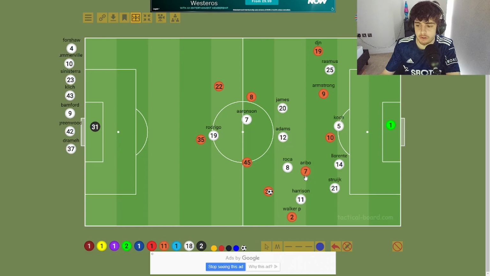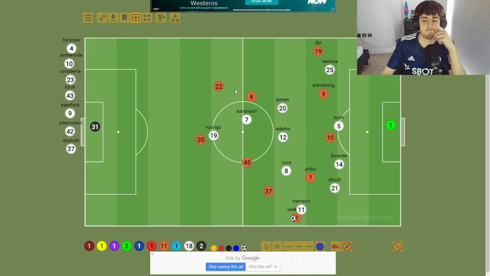So for me, what they were trying to do: Aribo was just sitting in here, linking with Walker Peters, because they give him the ball. Walker Peters is a one-on-one. Maybe there was less press on the left side. At this side, you've got James and Aronson, but on this side, you don't. You don't have those higher press players. Whereas Strauch and Harrison do press, and Rocker do press, they're not Jesse Marsh pressers like Adams and Aronson are. Right? And then we're using the pace of Walker Peters and his energy to get at Harrison 1v1.